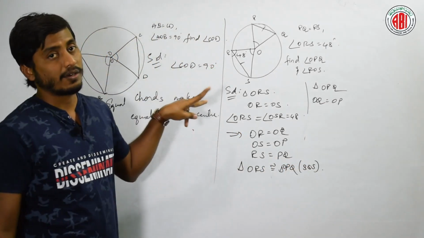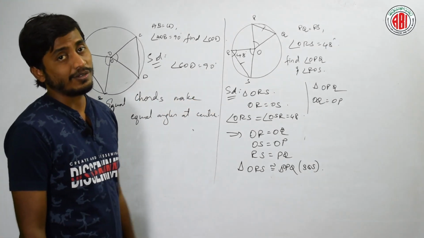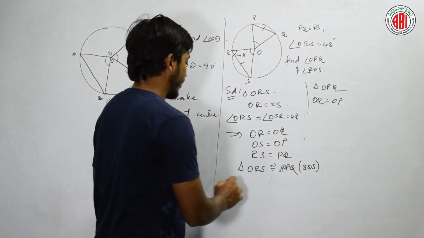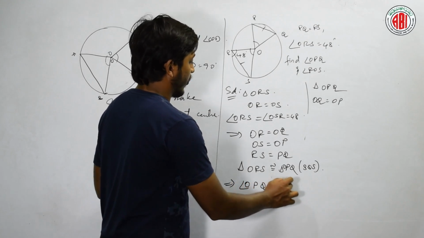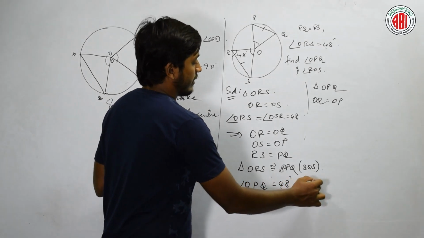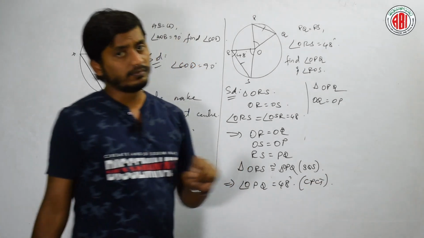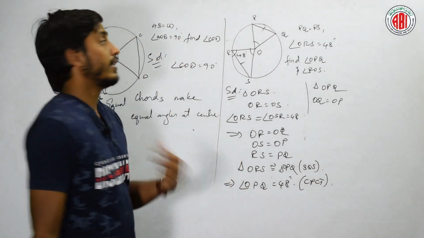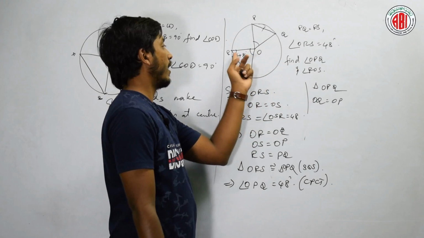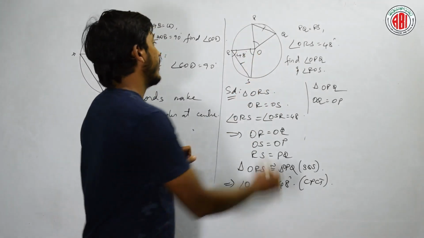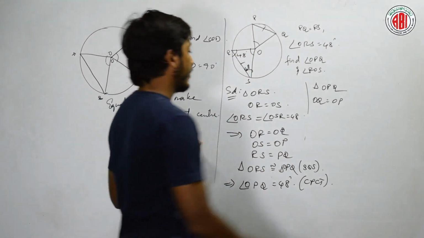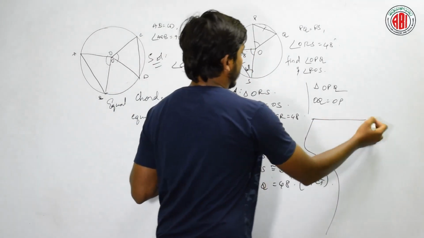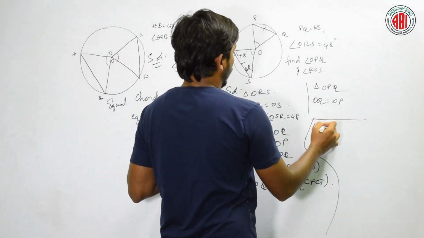Since both the triangles are congruent, their corresponding angles are also equal. Therefore, we can write angle OPQ is equal to 48 degrees by CPCT. Clear? Then how do we find this angle ROS? This is 48, this is also 48, we have to find the third angle,